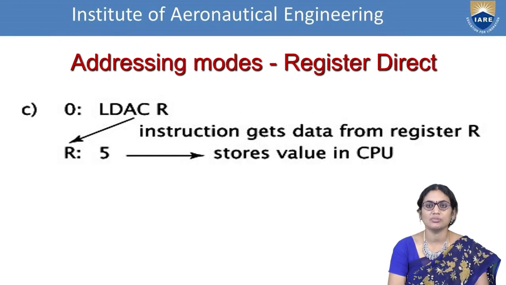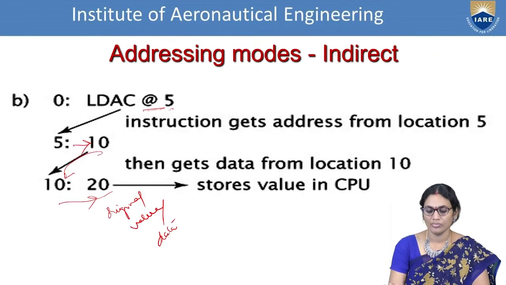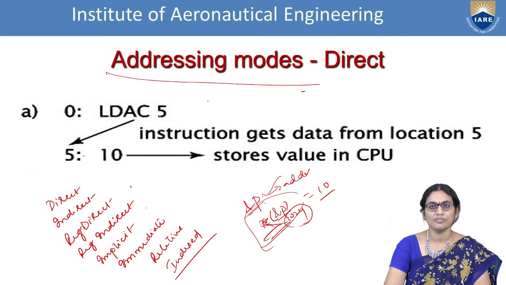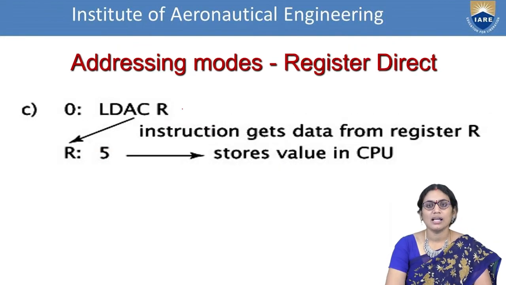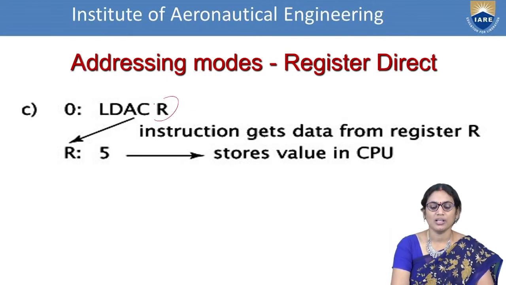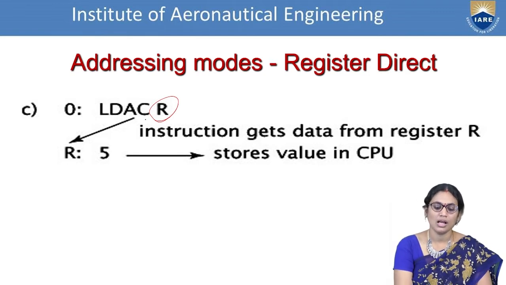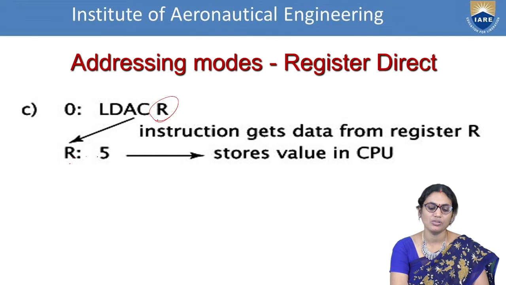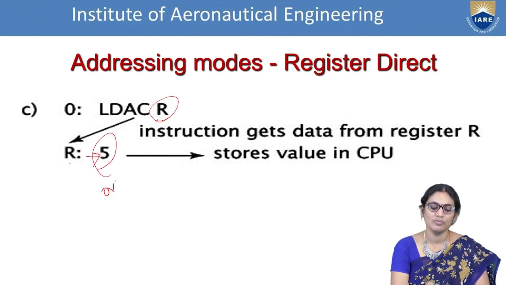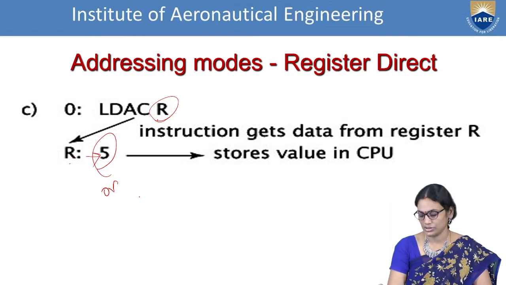Next one is register direct mode. Here, if you observe, in the direct addressing mode we have direct location 5, which means the address is specific. But in the register direct, you have an address specification as R, where the register consists of a data value of R. It can be an address or it can be a location, but generally we are fetching the data. The R is possessing some address, and the R is given the original value. So this is my original value. In this way, we are performing the transferring of information with the help of registers.